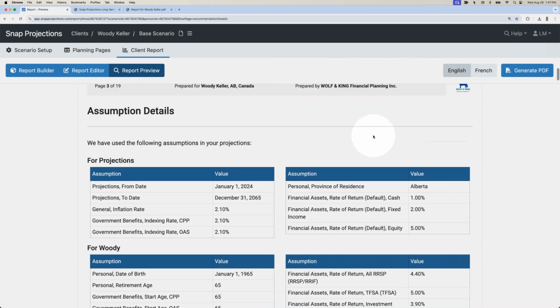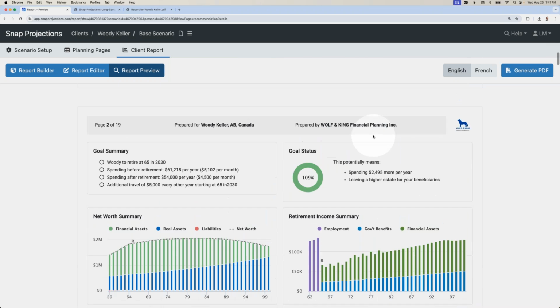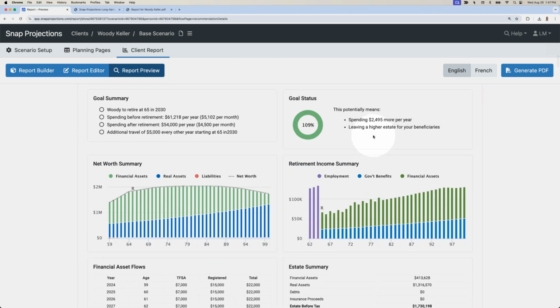As you review the report, it's important to consider two things. The first is the questions that your client came to you with that caused you to do the projection in the first place. So this could be questions like, am I going to be okay? Am I on track for my goals? To address that, you would point to things like their summarized goals, their goal status, the net worth over time,